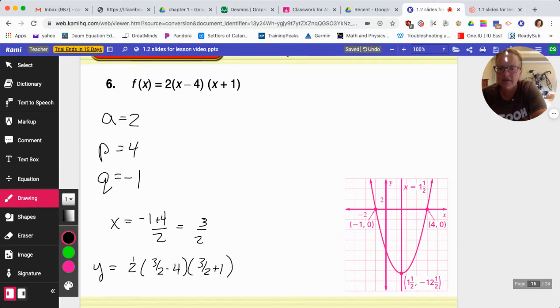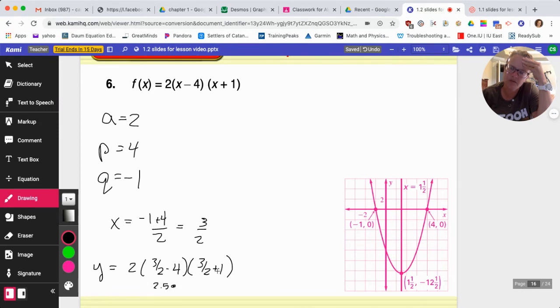I think I can go ahead, no, I can't. I'm going to have to do the icky math. We all love fractions, we really do. So 3 halves minus 4,